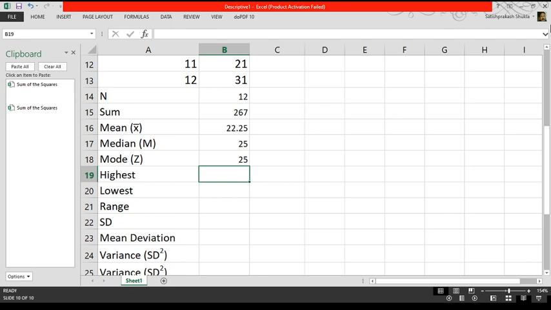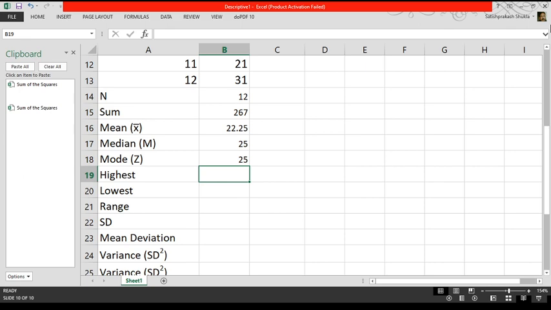Here we have to remember one thing: if mode is ill-defined, it means if no number is repeating in the data, then Excel does not give the value of mode if we use this function. And another thing, if two or more modes are there in the same data, then out of all the numbers representing the modes, the number that appears first in the data is taken as the mode by this Excel function.